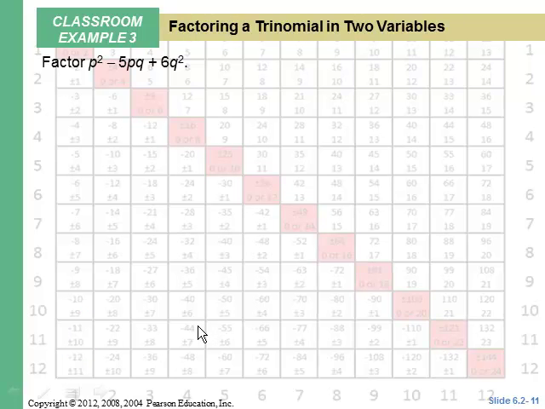Okay. Now, when you get to a problem like this, it's still the same. The difference is that we've got two letters, P and Q. But the number part is easy. We're looking for the 6 and 5. Multiplied equals 6, added equals 5. It's way up there in the corner, and that's at the corner of 2 and 3. So it's P plus 2Q,